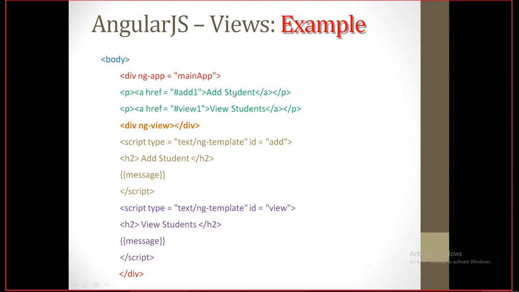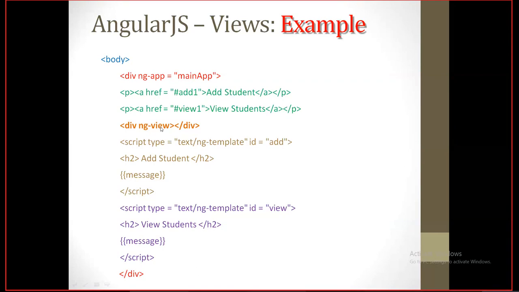So when I click this hyperlink, the add student page should get loaded. And when I click the second hyperlink, the view student page should get loaded on the same page, not by reloading any other page. Okay, fine. After I have created the hyperlinks to navigate, I will create some space where the view will get loaded. So whichever hyperlink I click, the corresponding view will be loaded in this division. That is why I have created a division with the ng-view